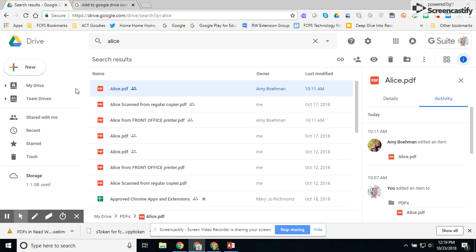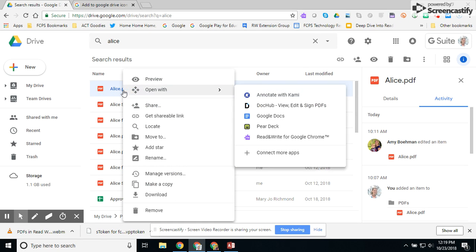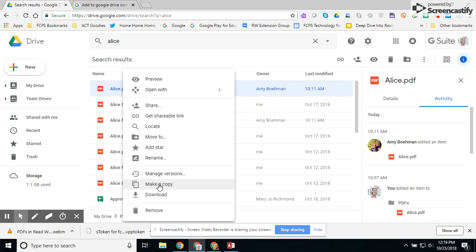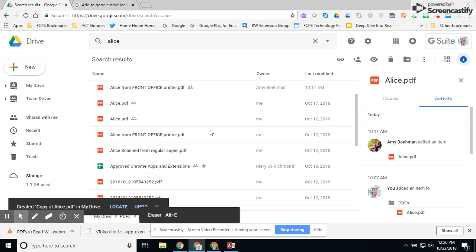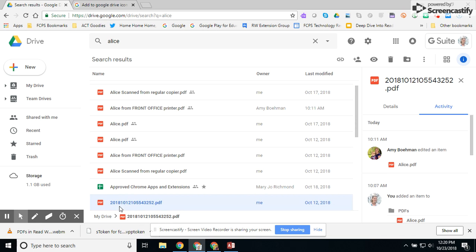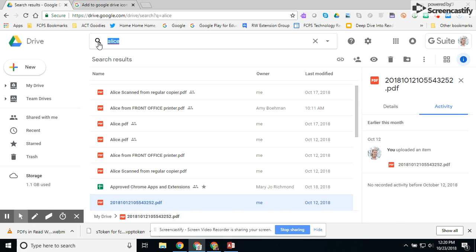The second thing they're going to want to do is, once they see it in their Drive, they want to do a right click on it and choose Make a Copy. So I'm going to make a copy of it, and it's going to change the name to Copy of Alice PDF. And what that's going to allow the students to do is, when they're going in there to,